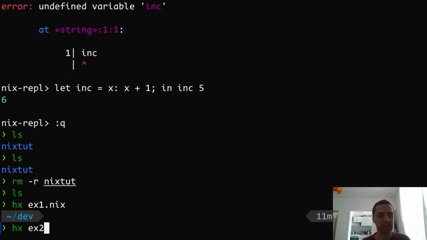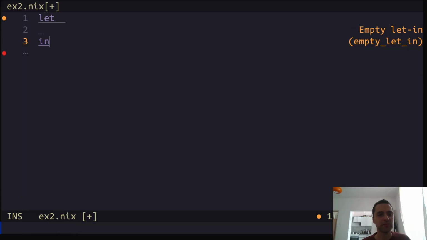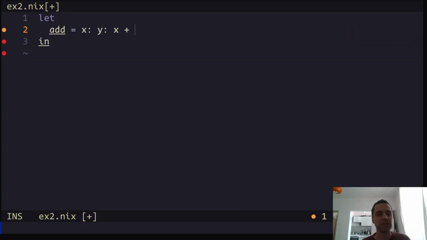Like you could do hx example 2.nix. Let's say you do add is, we're going to do an add. Okay, x, y, x plus y, and you do x is 3 and y is 5. I think yeah, I can do it, you see. So add is this, and